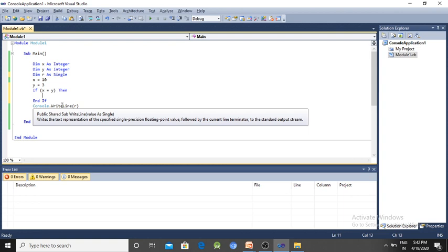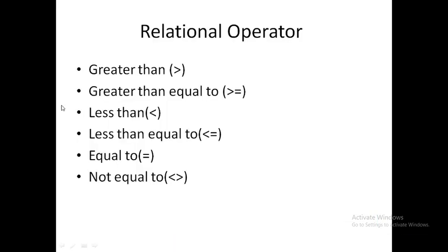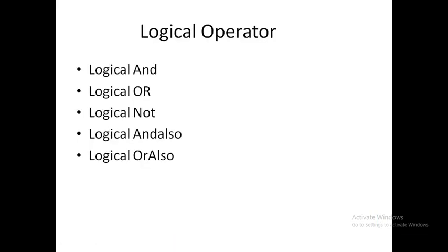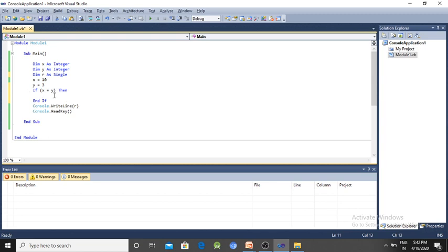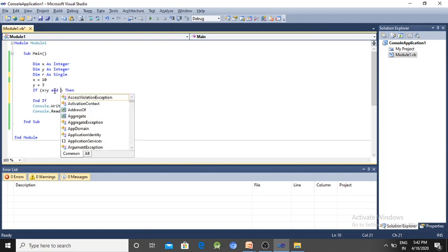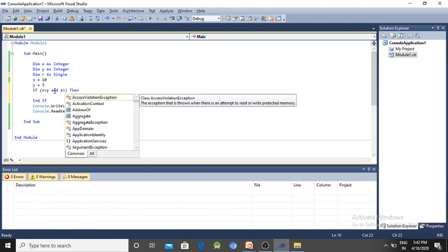The next type of operator is the logical operator: logical and, logical or, logical not, and also AndAlso and OrElse. We will discuss practically how to write them. Suppose we have to write x greater than y and x greater than z.